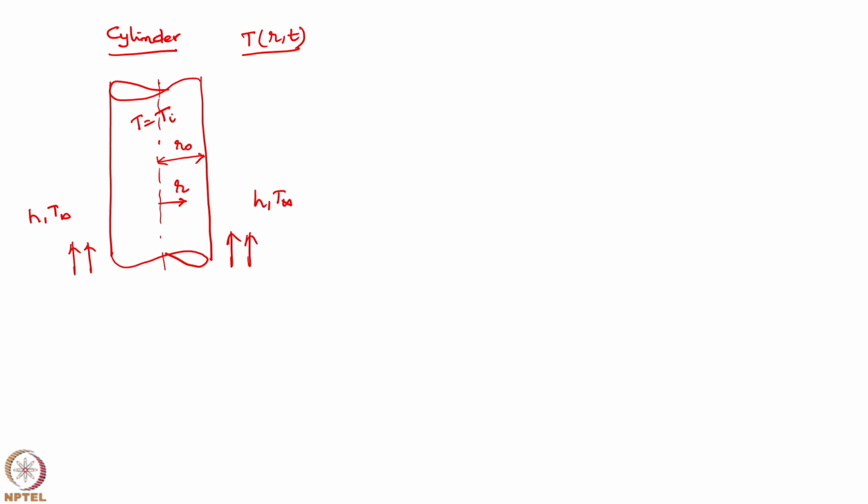So, it looks like theta of r comma t is equal to T of r comma t minus T infinity divided by Ti minus T infinity is equal to, only one term series I am writing, A1 e to the power of minus lambda 1 squared Fourier number